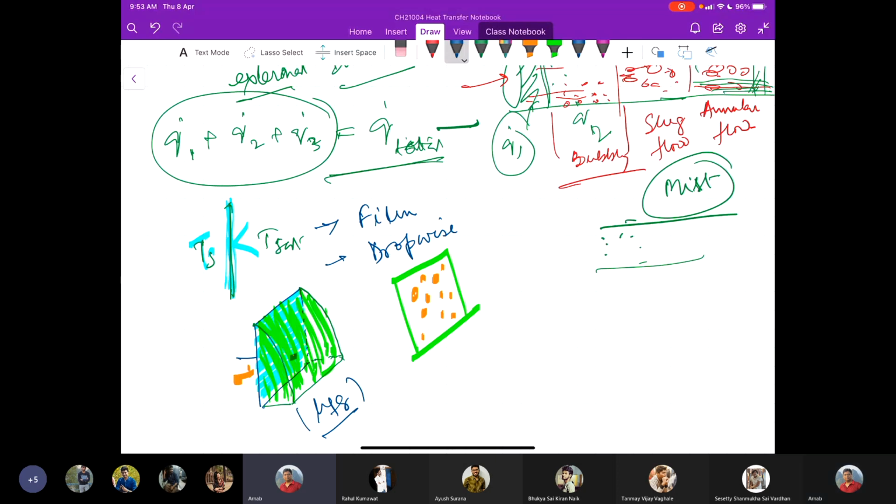So that means in dropwise condensation, what happens? Such a scenario is not present. There is no such blanket, but this droplet actually slides down once it is formed. But it has to reach a certain size. Okay, so basically that is why there is no such liquid film in this case that resists the heat